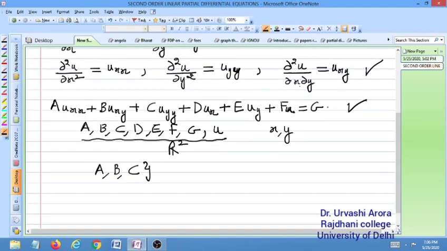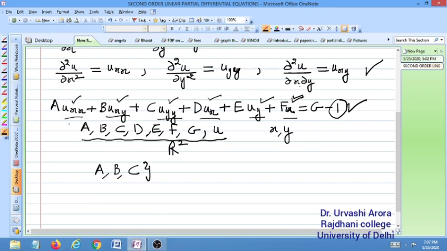So if you have a look at this equation, which let me mark as 1, you can see that because it is a partial differential equation, only partial derivatives appear. Now because it is a second order partial differential equation, apart from the first order partial derivatives and the term u, the other partial derivatives which can appear are uxx, uxy and uyy.